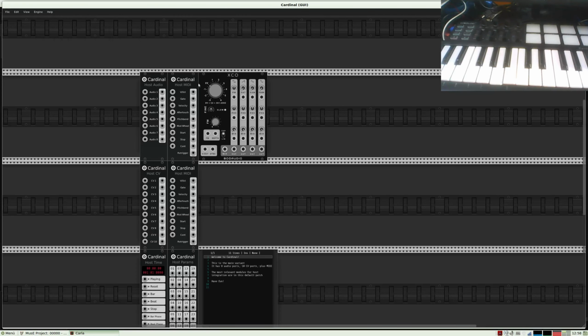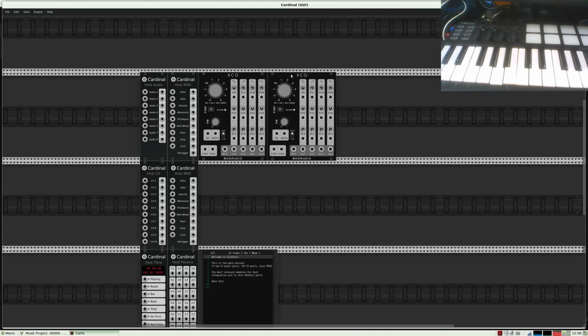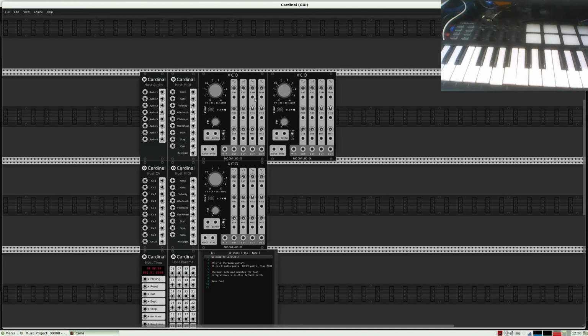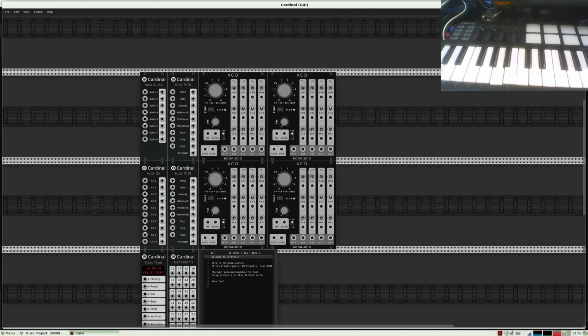So I put here 2 into this synth and 2 in this synth. So I can click here and press Ctrl D. I have a copy, put it here, and next copy, and 1 copy there.